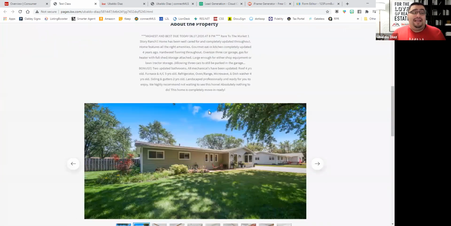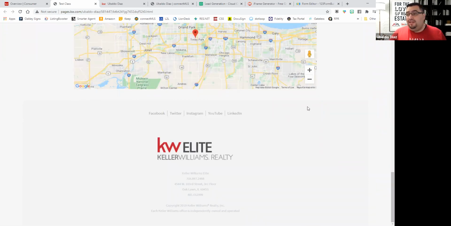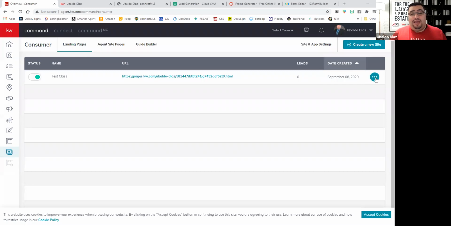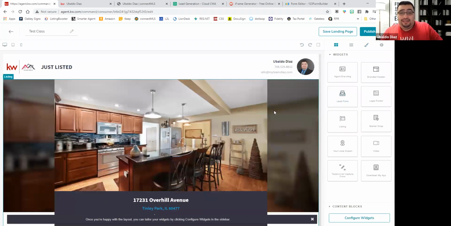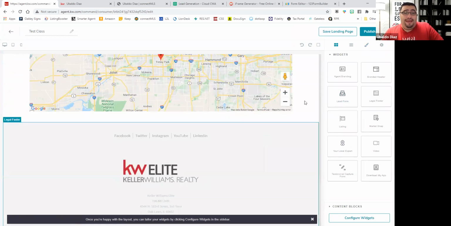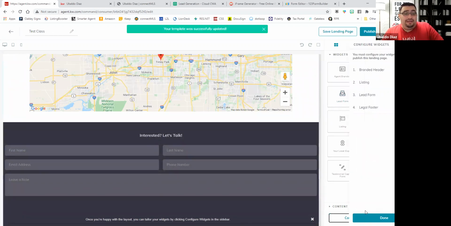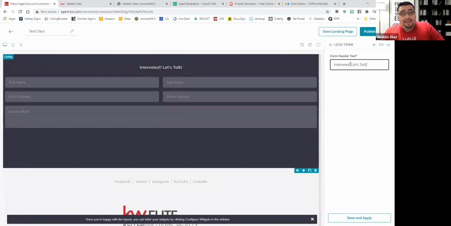Now, the other thing you could add on here that I forgot to add, I'm just thinking about it right now, is on the bottom, we could add that form filler so they could request more information. So you could do that. And if you figure out you made a mistake or you want to edit it, just go on the 3 dots here and say edit. And then when you go to edit, I'll add it. I'm going to add that now. So I'm going to say the lead form, right? I'm going to add it right in between that and that. I'm going to put it boom right there. And then I could actually change that. So lead form, and I'm going to say,